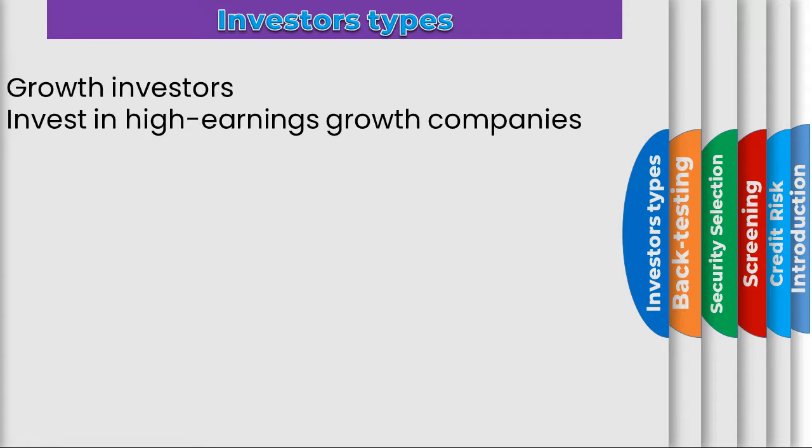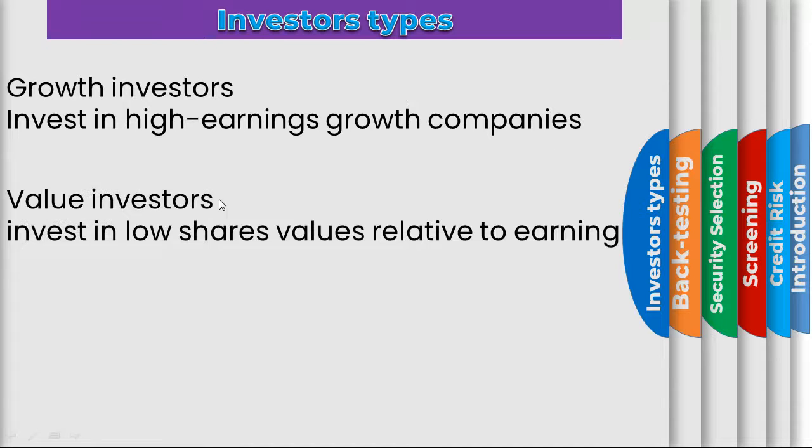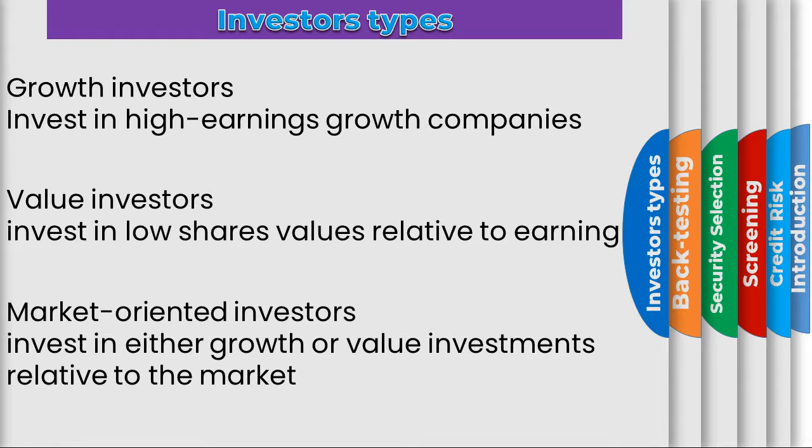Investor types. We have growth investors who invest in high-earning growth companies. We have value investors who invest in low share values relative to earnings. And we have market-oriented investors. It's simply using both growth investor strategy and value investor strategy